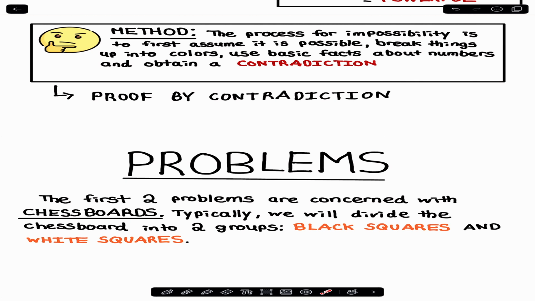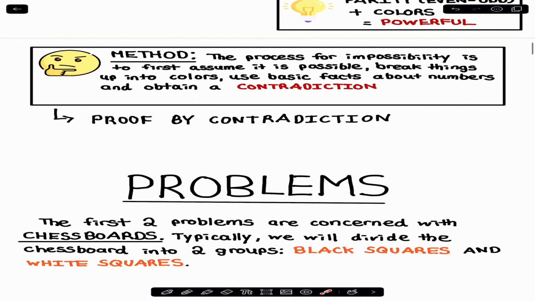So it sort of makes sense to think of the problem through the lens of two colors. So yeah, let's get into some problems because